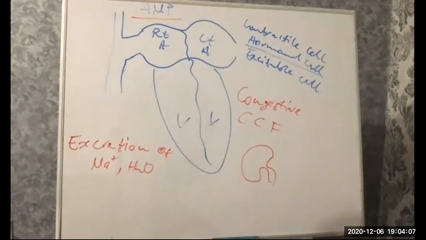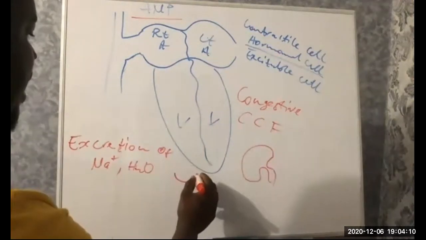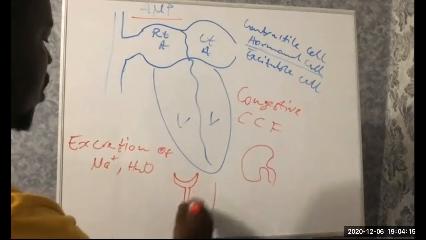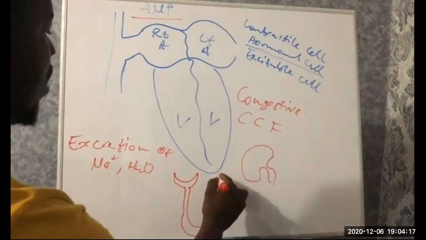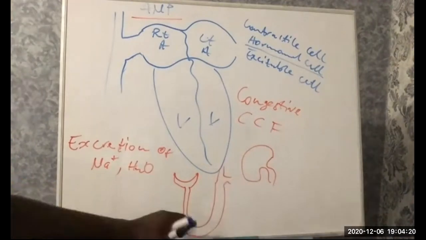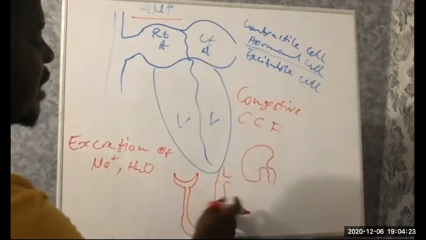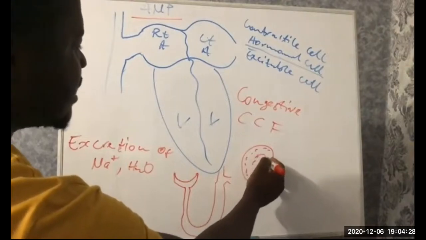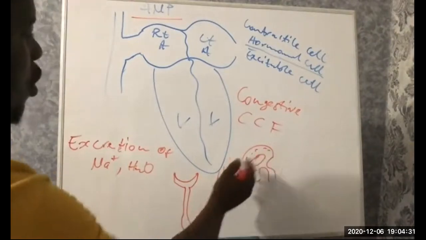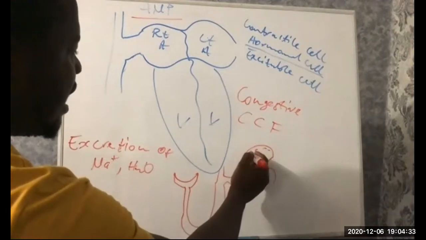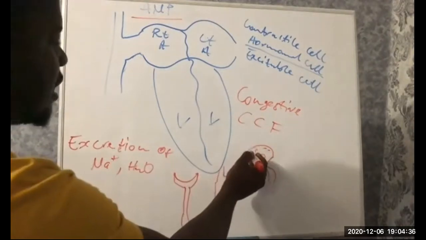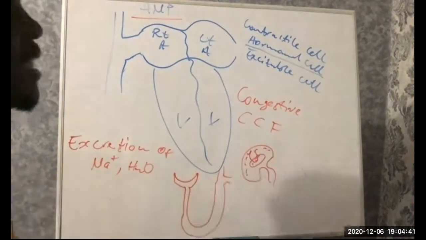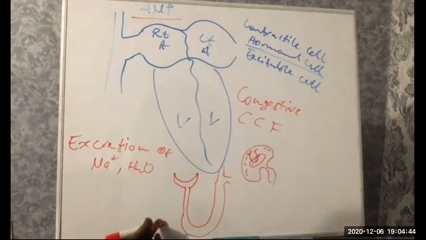Now, once they go to the kidney, the functional unit of the kidney is what? The nephron. So in the nephron, you know, the loop of Henle. In the loop of Henle, what happens is that it is immersed in the medulla of the kidney. In the kidney, we have the cortex and the medulla somewhere here. The Bowman's capsule is at the cortex, and once you get to the medulla, that's where you have the loop of Henle. Now that place is highly concentrated